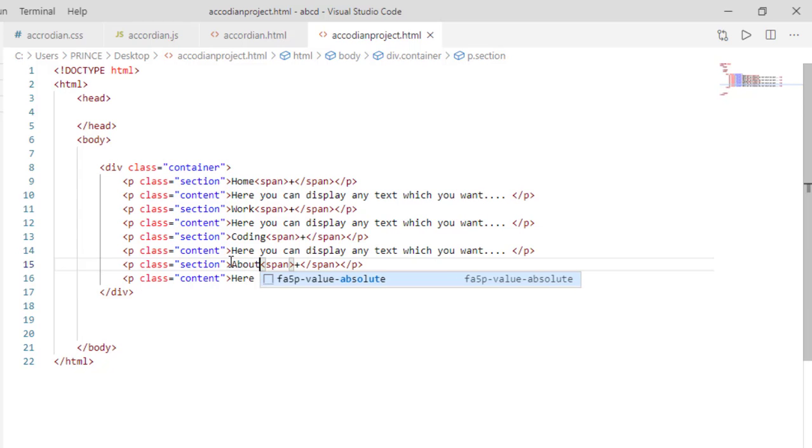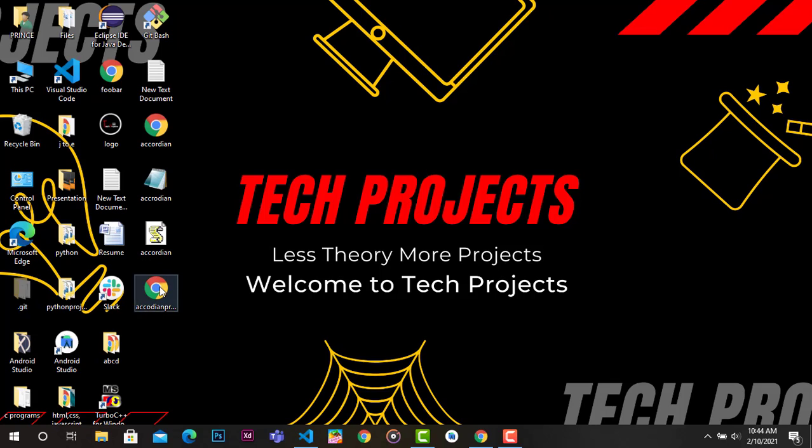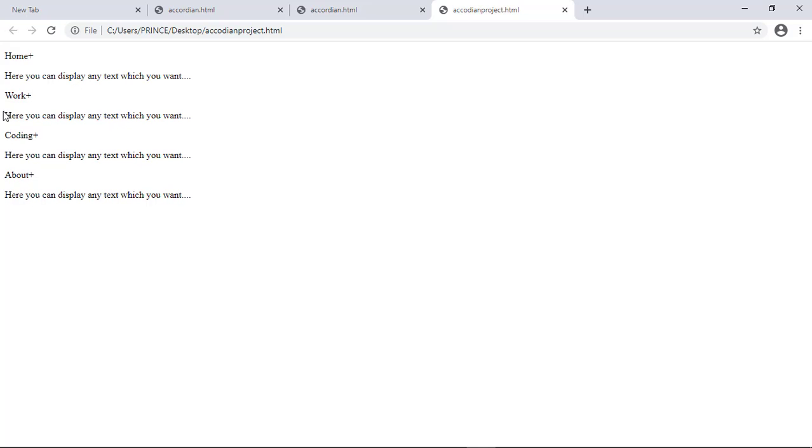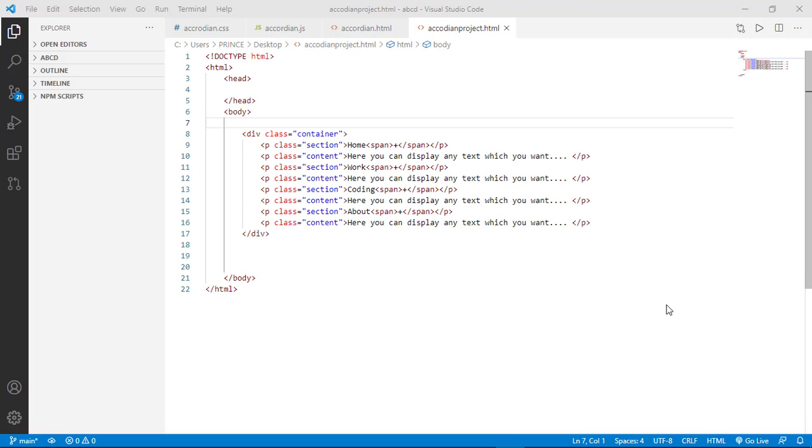So that's done. Now first come on our desktop, and you can see this file created successfully. Double click on it and let's see whether the HTML code is working fine or not. You can see it worked fine. Now we have to write CSS code, and at last we write the JavaScript code. So again open your VS Code. So now take a new file for CSS.